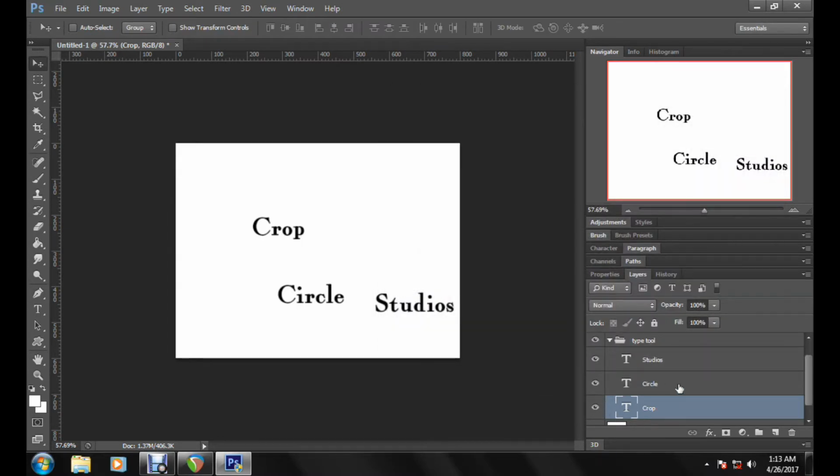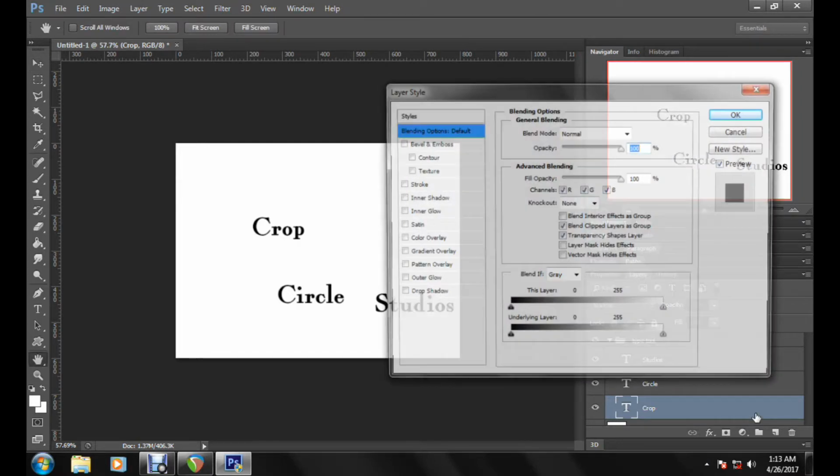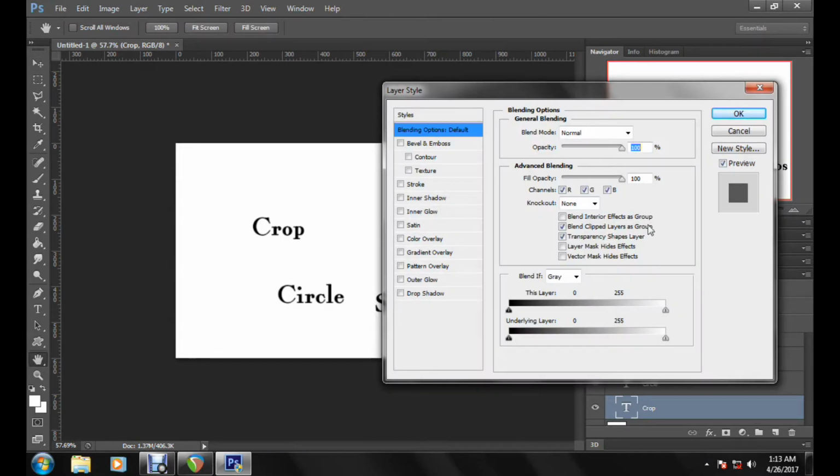Once you want to work on each word individually, you click on your layer, double click on it, and an option comes out, which would be your layer style. And you have some options here which each do different stuff. So from here we're gonna go with gradient overlay, which,